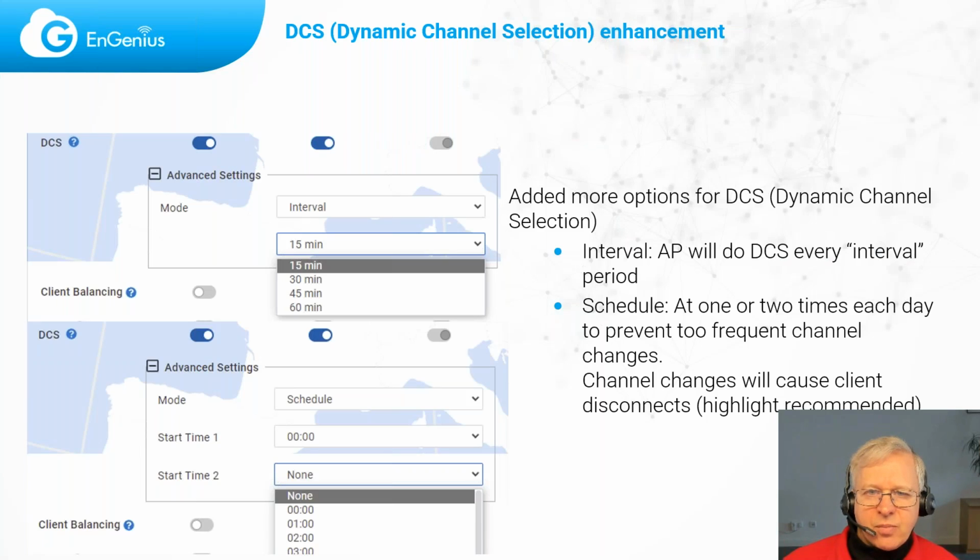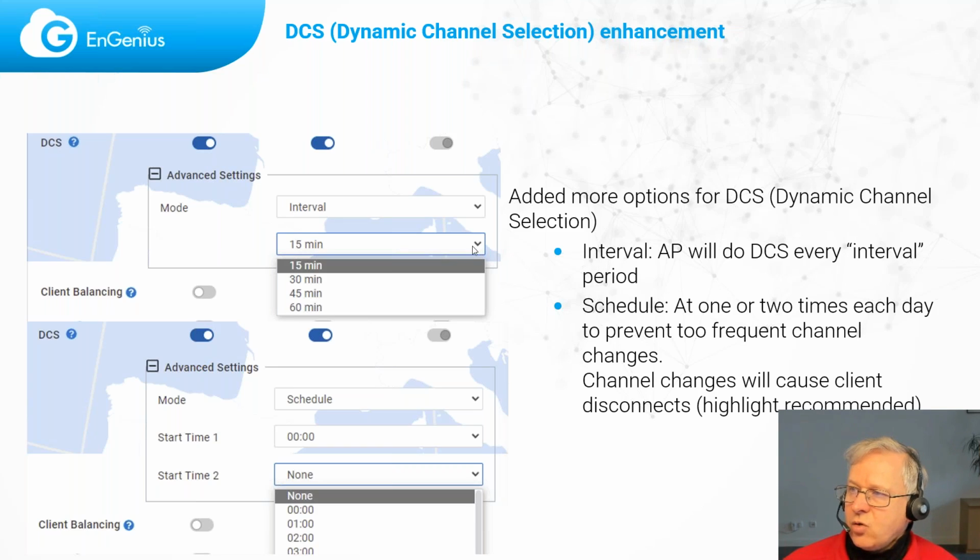The cloud also has some new features. One of those is the enhancements to the dynamic channel selection, or DCS. So we have added interval and schedule of DCS. And well, the best thing to probably choose is the scheduling and make it happen at moments that are convenient, like when there are not too many or no clients connected.